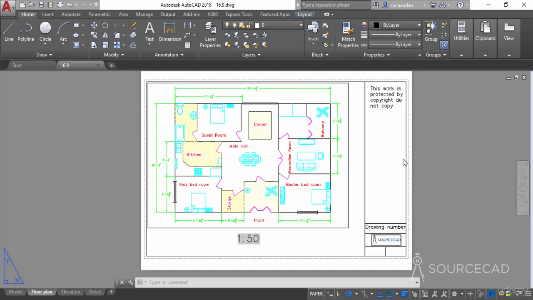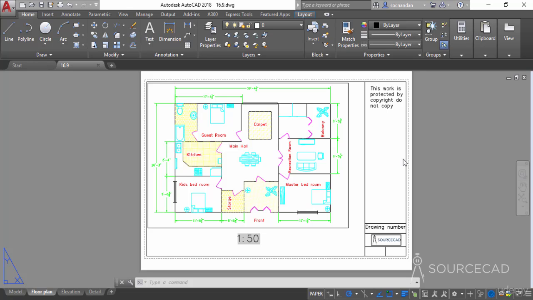In this video, I will tell you about plotting your drawings with different colored plot style tables. The plot style tables, or the pen assignments, are the different settings for your plotter, and using these assignments you can tell the plotter to plot your drawing in a very specific way. For example, here we have this drawing with lots of different colors, line weights, line types and other settings. Now let's say that we want to plot this drawing in monochrome. You can use a different plot style, monochrome plot style to be exact, to plot this drawing.